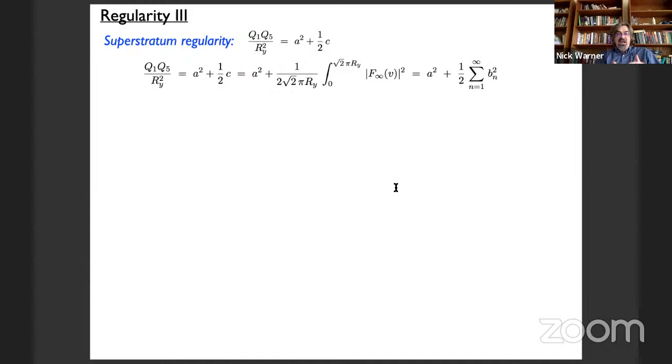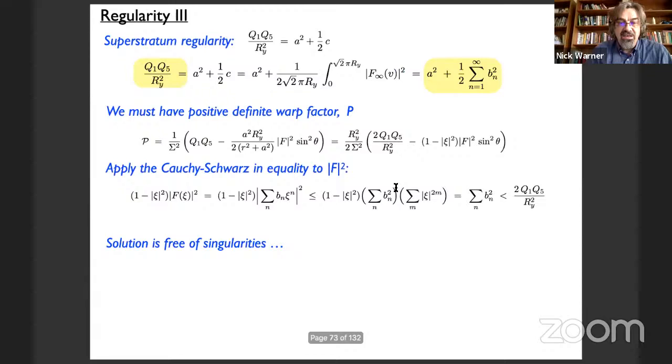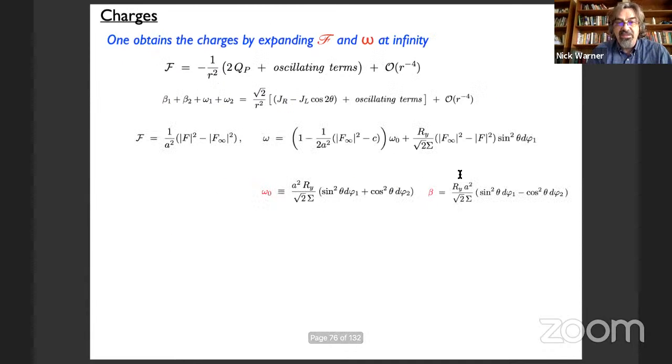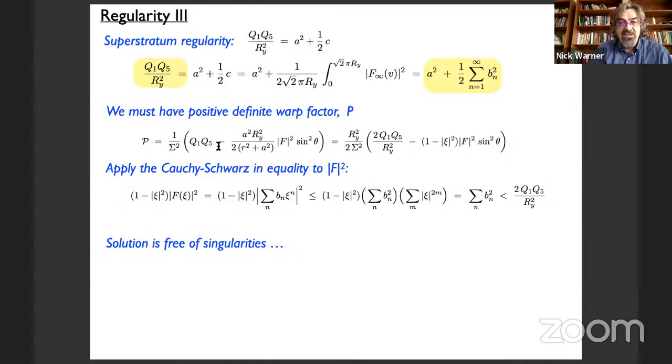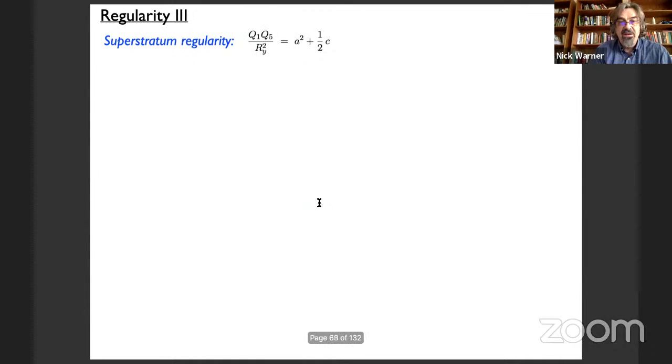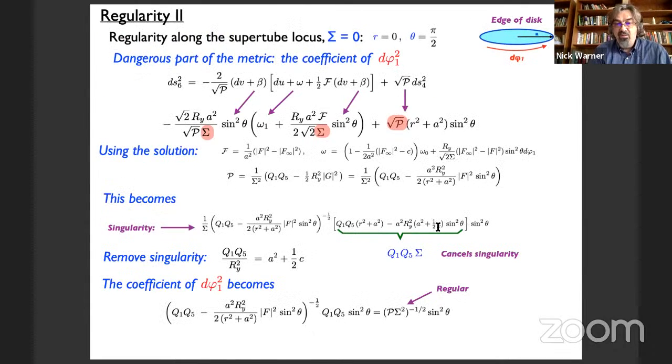But if you leave C in the calculation, so when you actually do the detailed calculation, I've used the solution very explicitly. If you leave it in its raw form without doing all this stuff at infinity, you'll wind up with all sorts of terms C in the middle. So these expressions will have explicit C's in them when you start looking at this one. The supertube regularity condition, you do find the explicit C's in here. So, once you set C to its value at infinity,